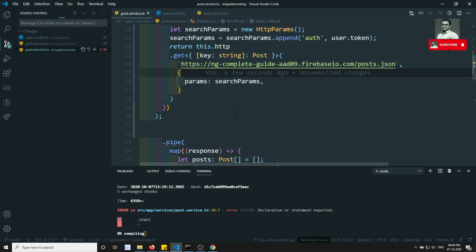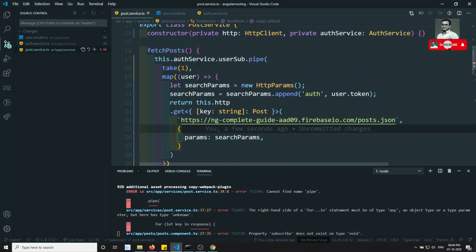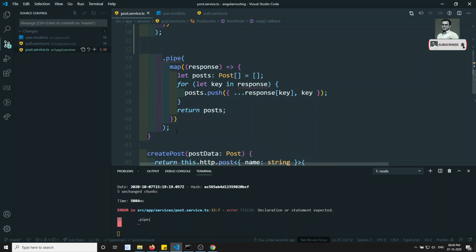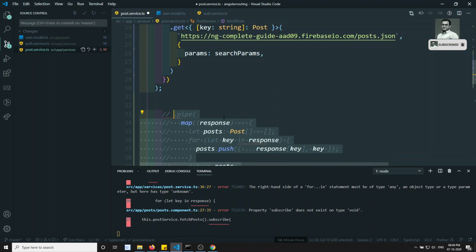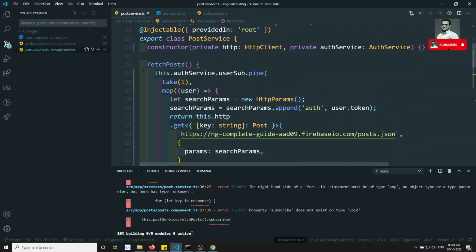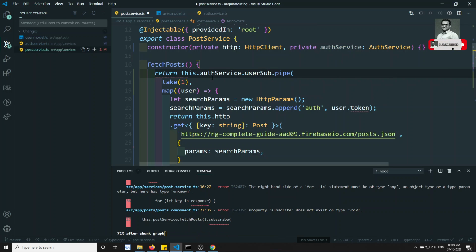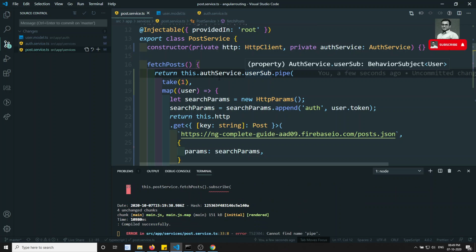Now if you observe, we are in the auth service subscription.pipe. If I return this one, which observable will be sent? Only this auth service observable will be sent to whoever is calling this fetch post.